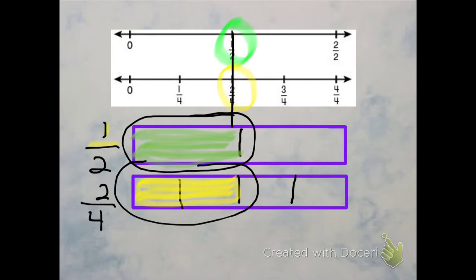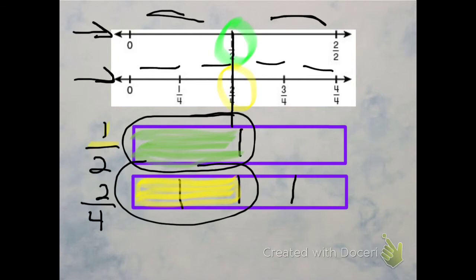They equal the same. Except this number line right here was cut into 2 equal pieces, and this number line right here was cut into 4 equal pieces. They equal the same. They are both the same distance from 0. Equivalent fractions just means that they are on the same point on a number line. Now I'm going to ask the question, what is another name for